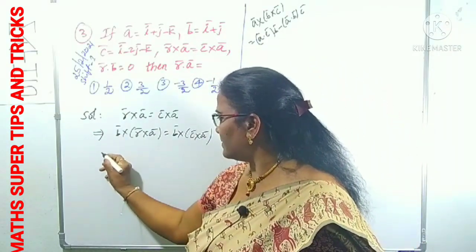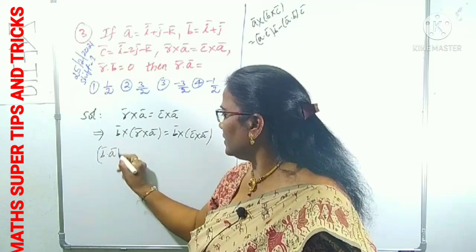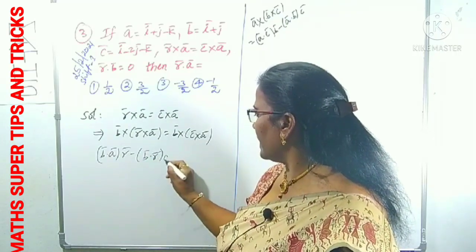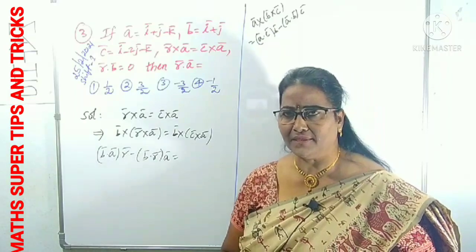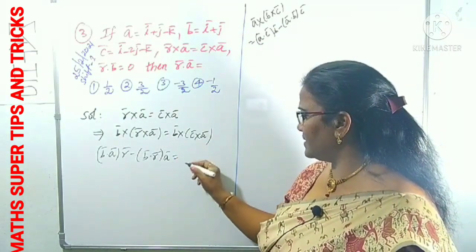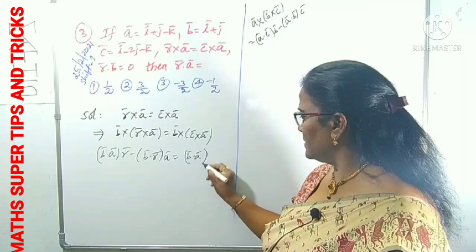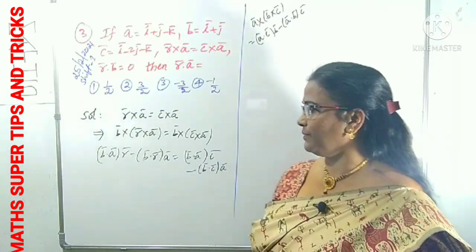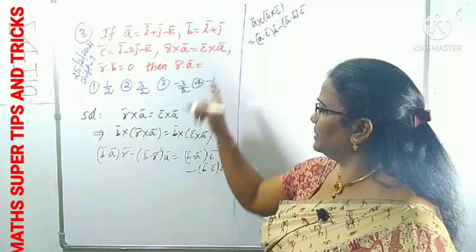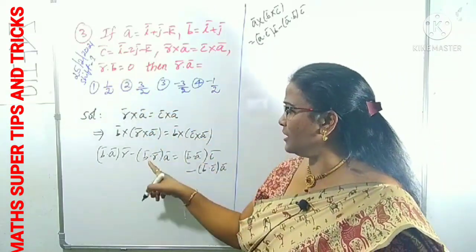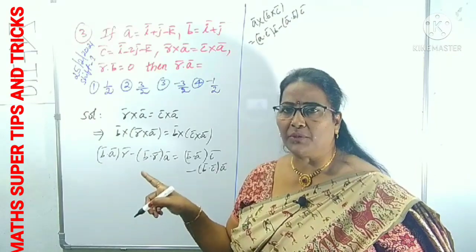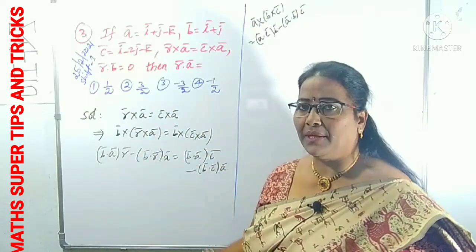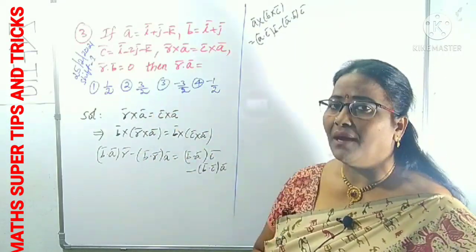Now tell me what this is according to that result. Dot product of first and last vector, B dot A into middle vector r bar, minus dot product of first two vectors, B dot r into A bar. This is the left side. Can you guess the right side? Yes, exactly. Dot product of first and last, that is B dot A into C bar, minus first two vectors, B dot C into A bar. You don't know B dot A, but you know r dot B. r dot B is the same as B dot r because the dot product follows the commutative law. In place of r dot B, 0 is there, so B dot r becomes 0 by substituting r dot B is 0.